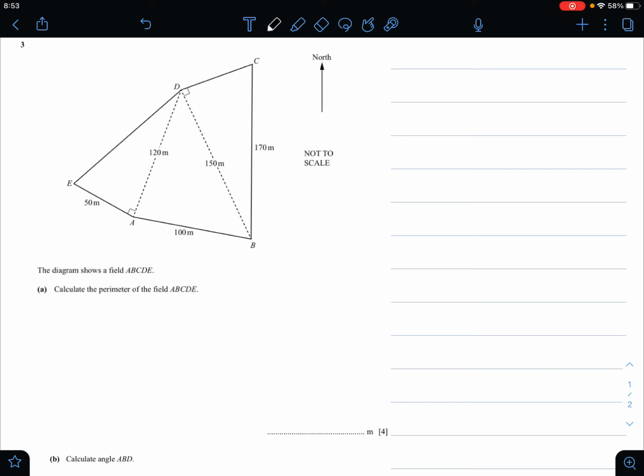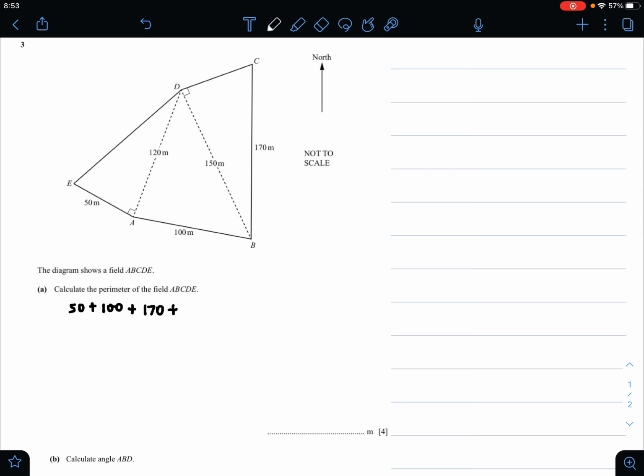Welcome to ANS Solver question 3 of this paper. So for part A, they are asking us to calculate the perimeter of the field A, B, C, D, E. Now, perimeter would be adding all the sides of the field, so that would be 50 plus 100 plus 170 plus